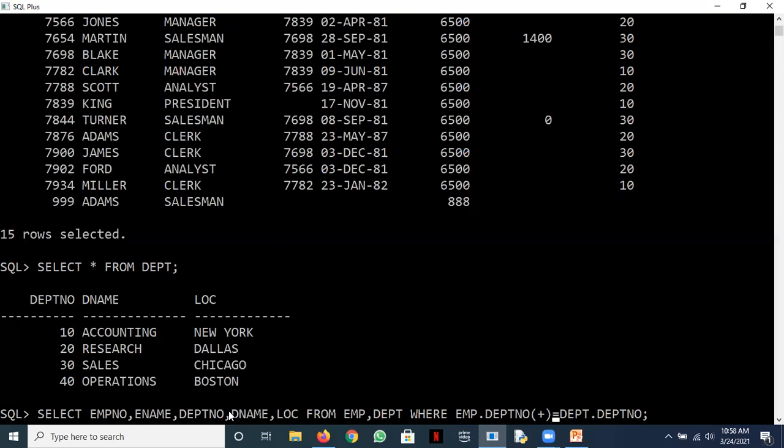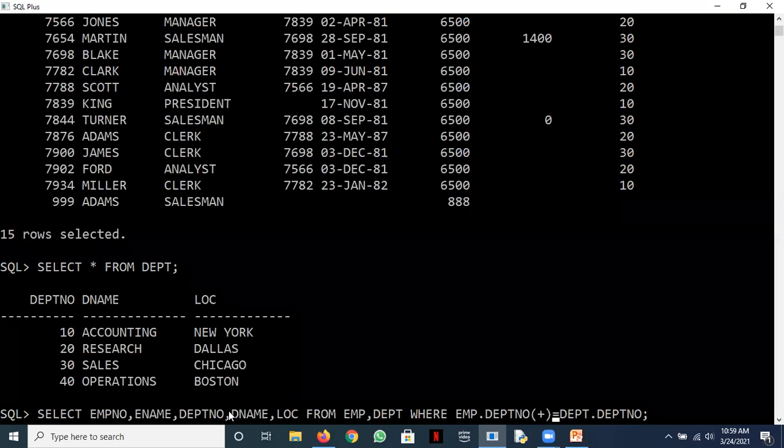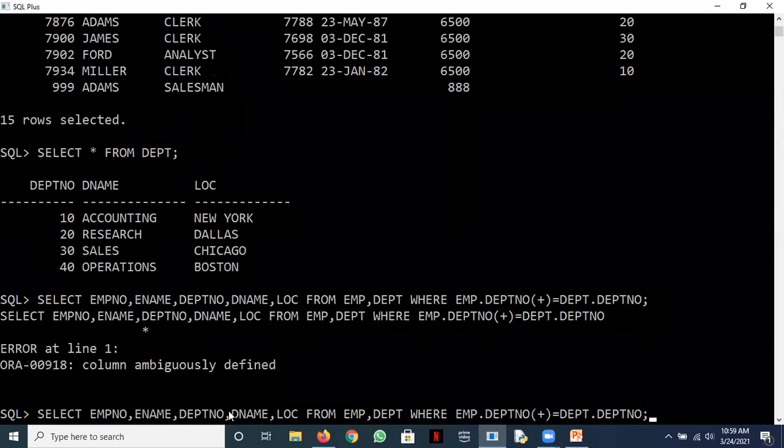So we'll have 14 matching rows plus whatever non-matching rows are there will come from the department table. So how many non-matching rows are there in the department table which do not occur in the M table? Only one, 40 operations Boston. Okay, so let me run this for you. It will have 15. Okay, again the same problem. Let's just check it here.